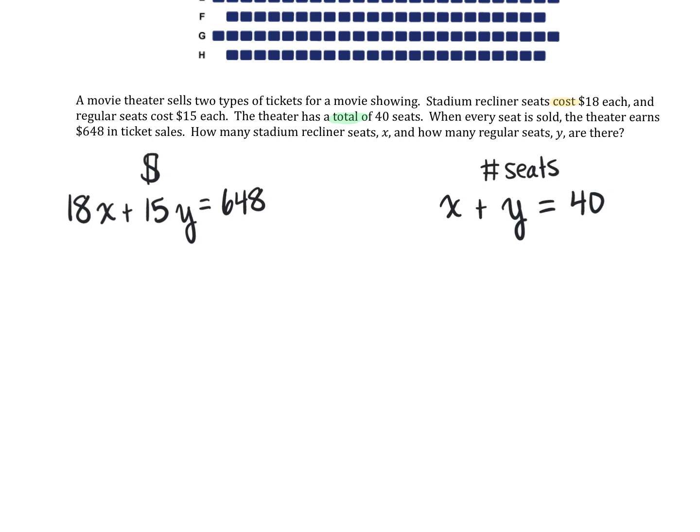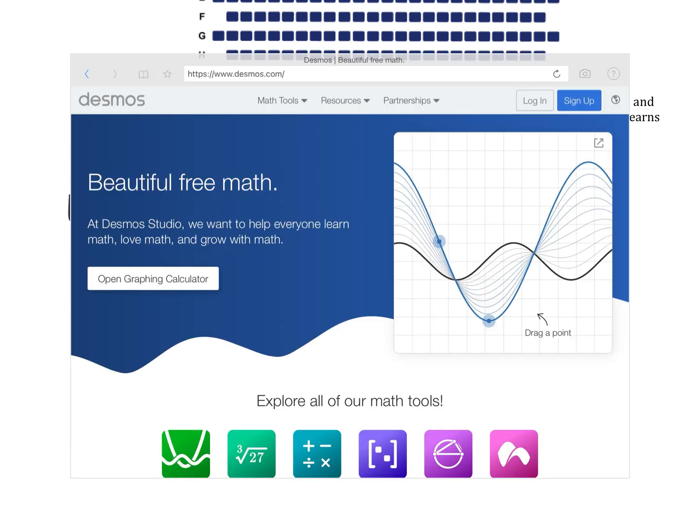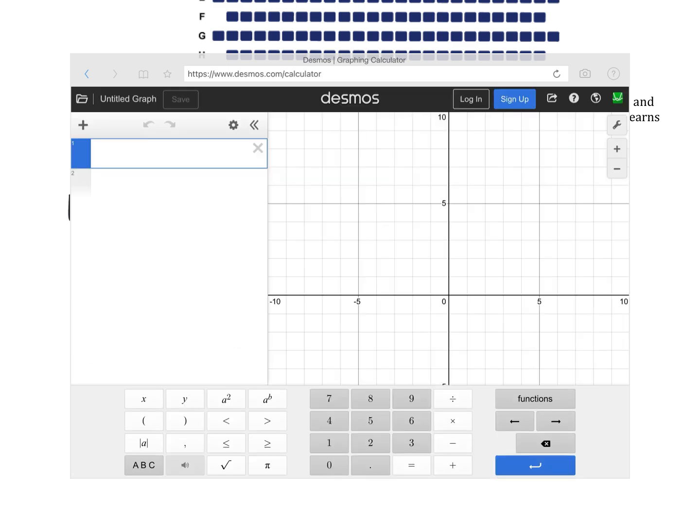And we know that we can solve this by graphing. So let's go ahead and use Desmos. I have Desmos up on my screen. I'm going to go ahead and go into graphing. And the great thing about Desmos is I can enter my equations exactly as I have written them in standard form. So I don't have to write them into y equals form like I would if I were using a TI-84 Plus graphing calculator or something like that. So I can just go ahead and type